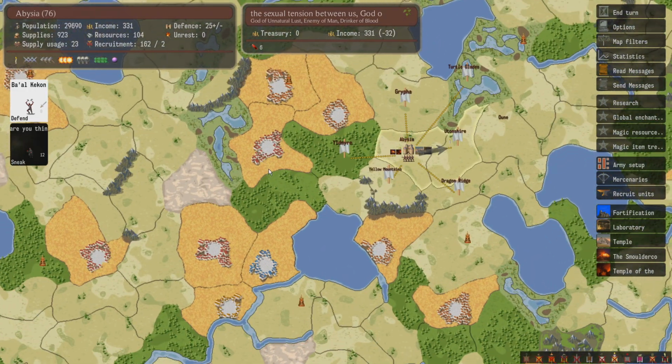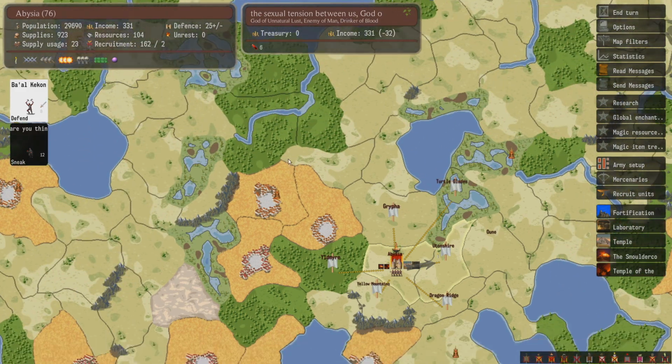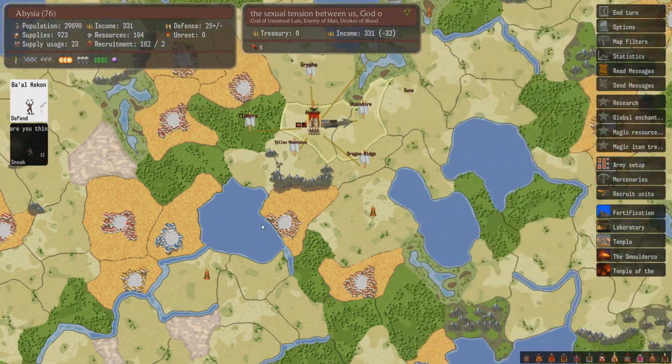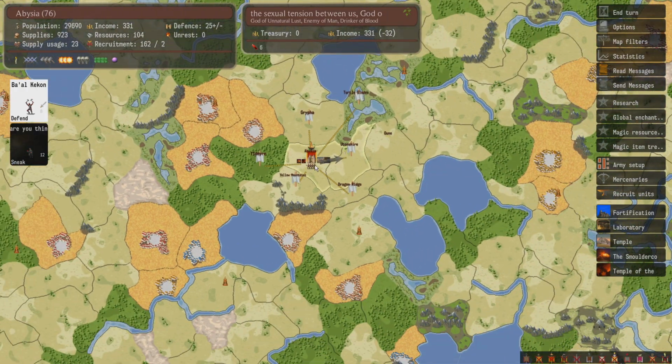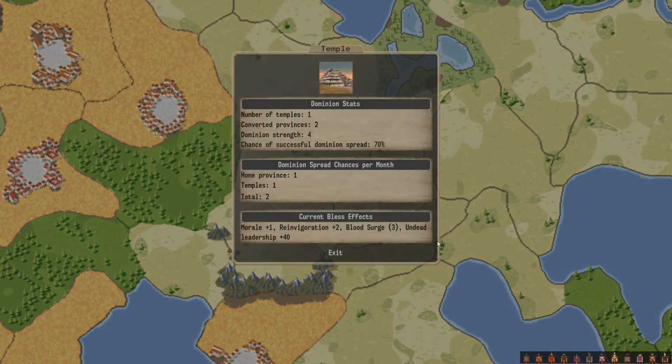Sure, why not? We'll try and get some of these. We really want resources though, which, well, I mean, there's plenty of forests here and stuff as well. Not many mountains. Anyway, this is turn 1. We're playing as Abysia. I covered the settings for this game in the intro video, but just in case you